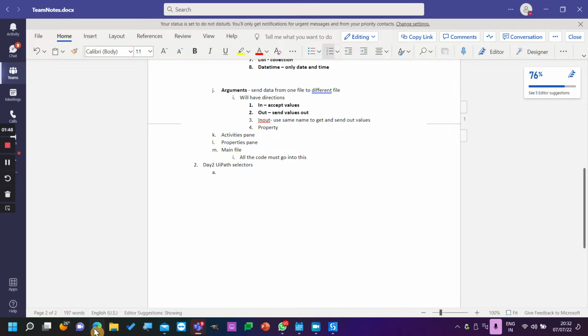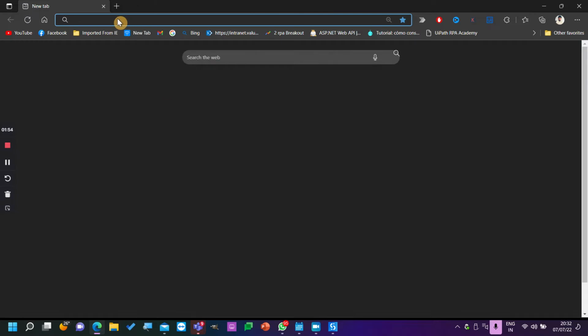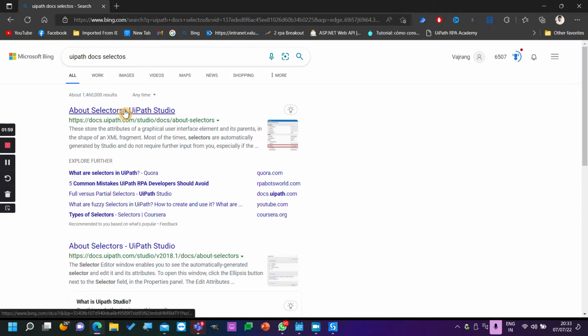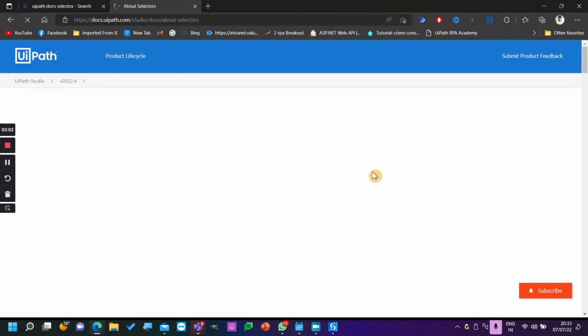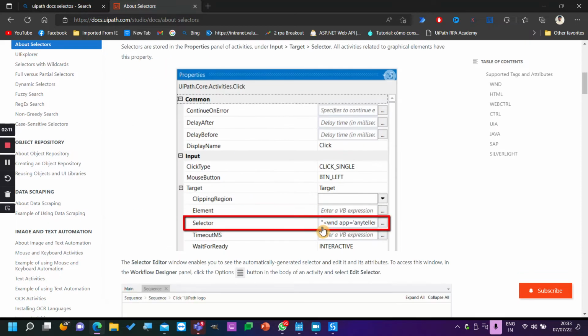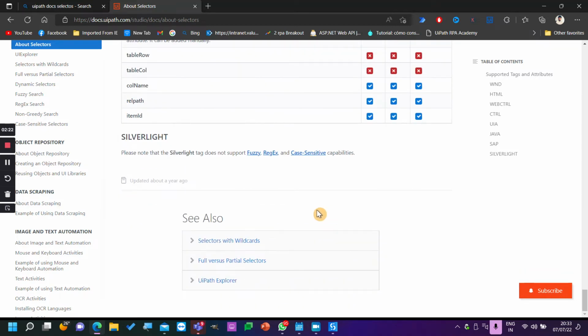So we'll go again with, okay, let's close all videos. Okay, UiPath docs selectors. So we'll check selectors here in detail, but more than selectors, we just need to understand the structure of how all the elements and all the things will work. There are various types of selectors, if you can see. Full versus partial selector. Okay, greedy search. So on the left side, if you can see,